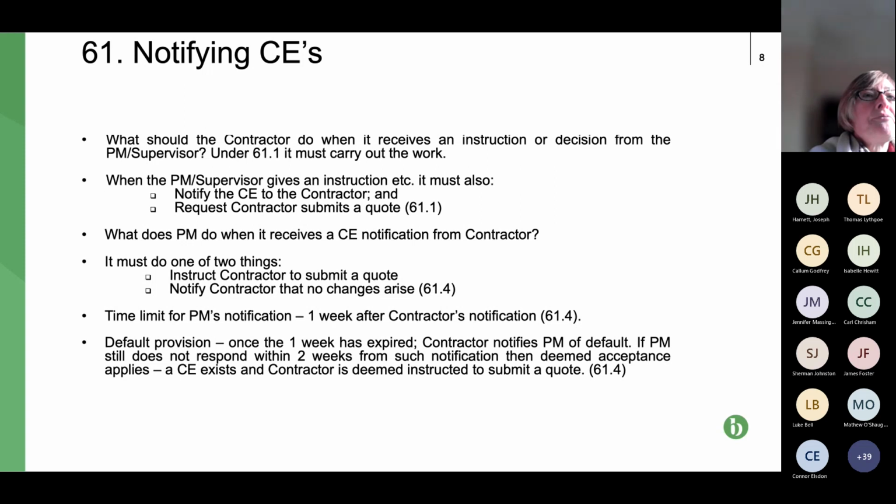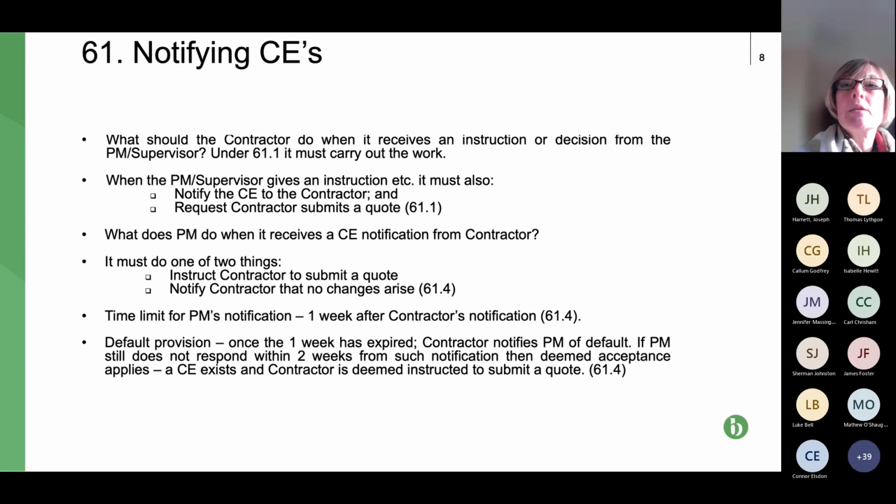So this kind of continues with the procedure. What I want to look at here is the scenario. We said initially with that initial slide that NEC tends to deal with the scenarios where everything's running fairly smoothly. But what do you do as a contractor in circumstances where, for example, you've notified a CE, project manager responds by saying, I don't agree. So from their perspective, that's the end of the story. Move on, complete the work, and they don't want to talk about it anymore.